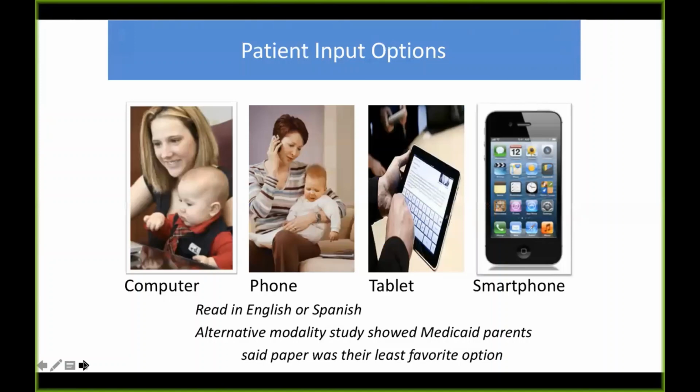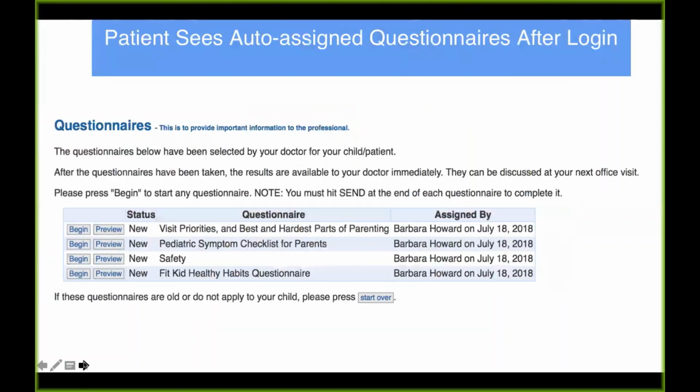Now, this was done a few years ago before everybody had a smartphone, but CHADIS also works on a smartphone. What we found was that the low and middle income families all preferred to do questionnaires from home if they had the chance. But if they didn't have the chance, they all preferred a tablet over other modalities. And the lowest income families actually had the least preference for paper. So that's really useful. I think it may be because of their own embarrassment over literacy skills, and the computer actually helps them with that.